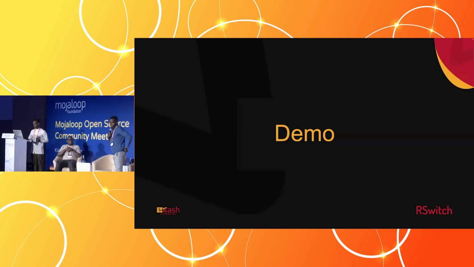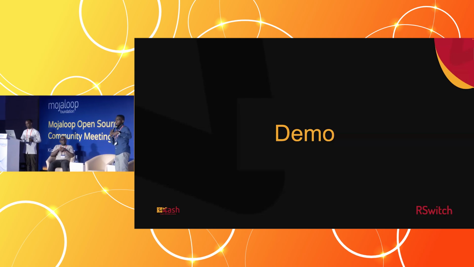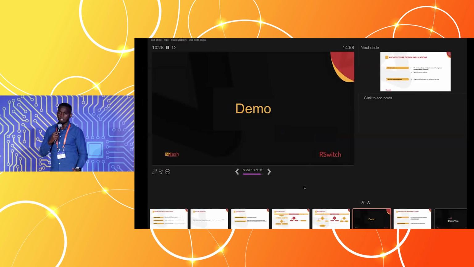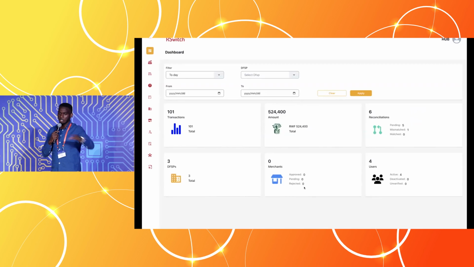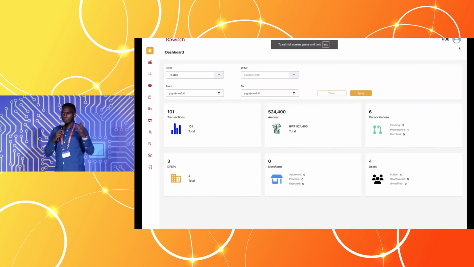Before we go to the demo, maybe while he's displaying, I would like to do a recap of what you're going to see in the reconciliation. First of all, in reconciliation, you have a switch. There are some transactions that have happened in the switch. Let's say the day is ending, and then we group all transactions per participant. Each participant has its own file of his related transactions. And then what we do on the reconciliation part, we take each and every participant's reconciliation transaction file,